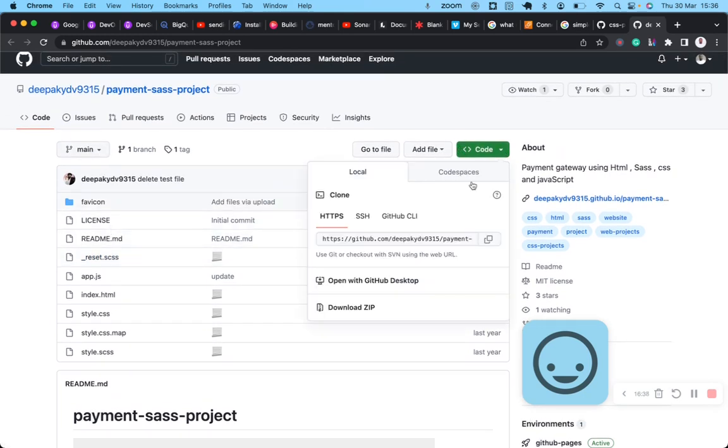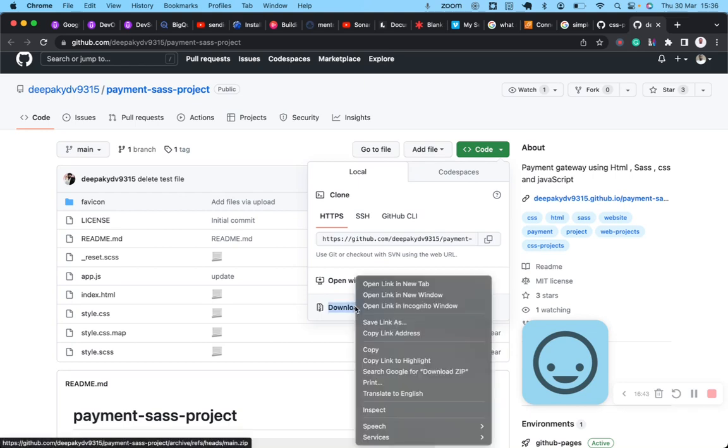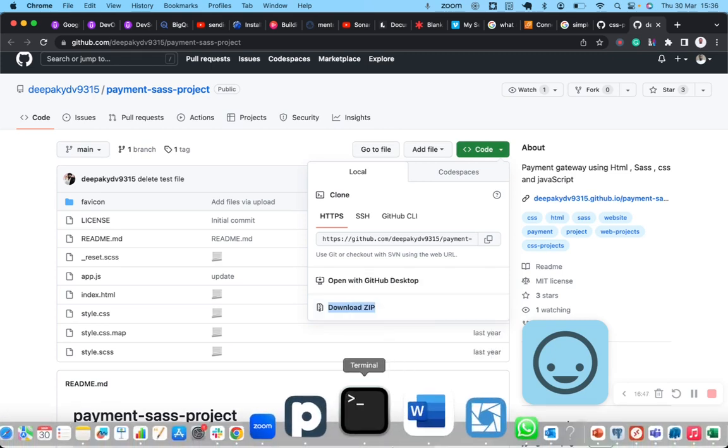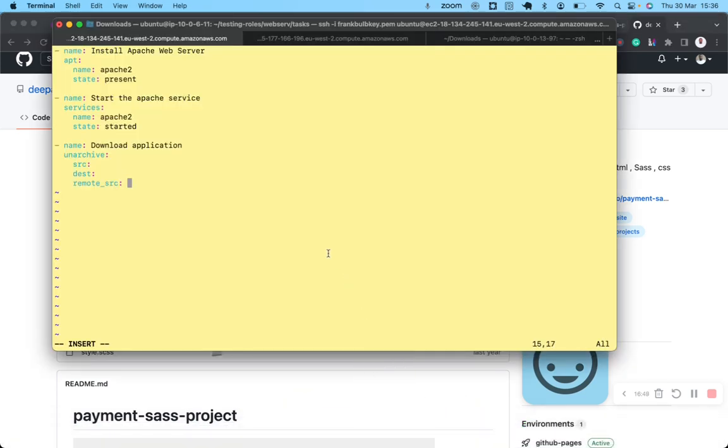I'm going to copy, download the zip. I will not download it immediately. I'll just copy the link address. Click on copy link address, come here and paste it as your source. That's your source. So your destination will be where I want to save this file, in